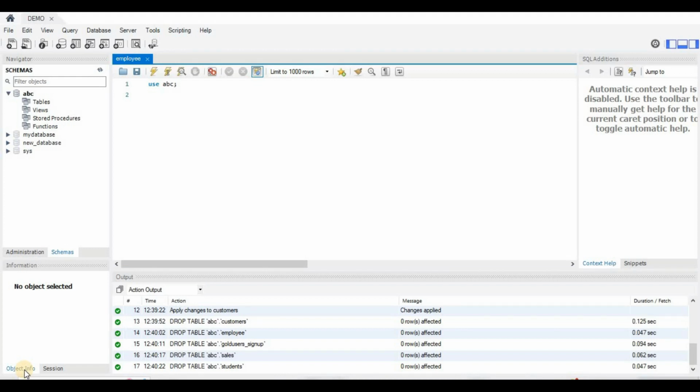So what is a primary key first? A primary key is a column where each row is uniquely defined with a value which is unique in itself. A primary key can be created by using the primary key constraint.